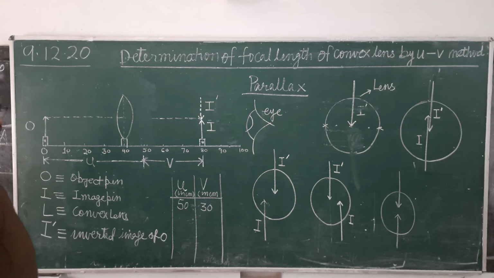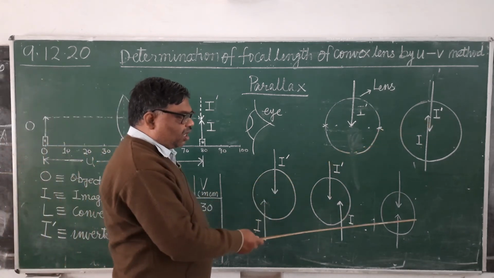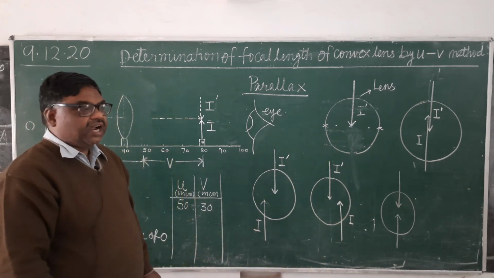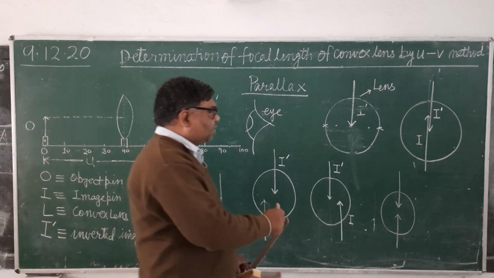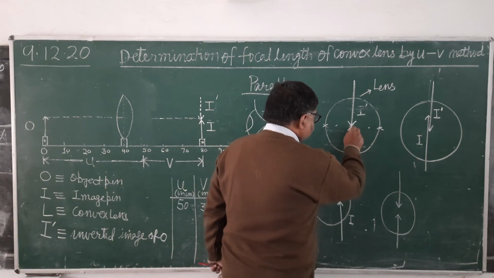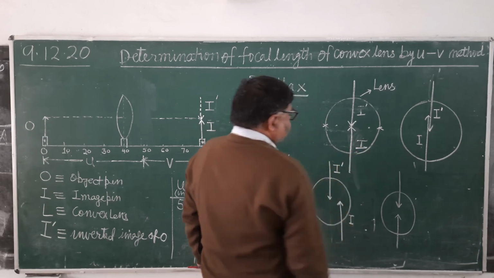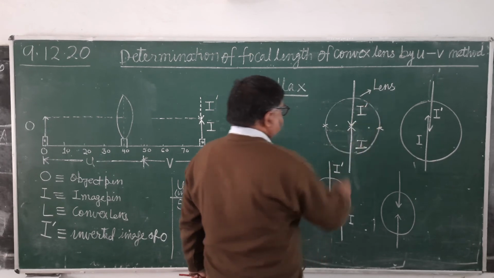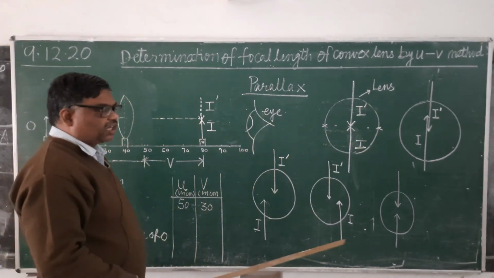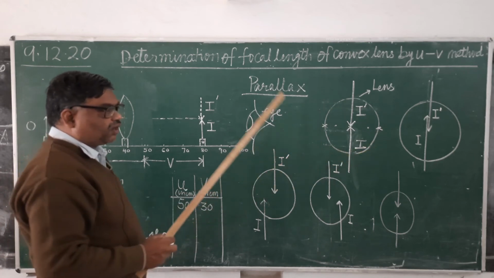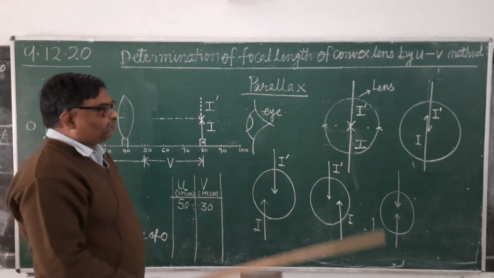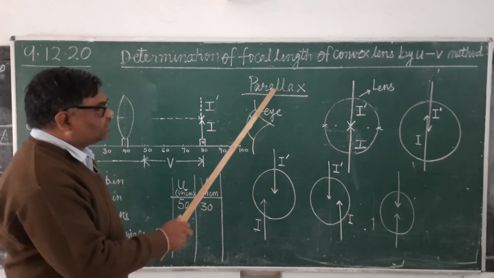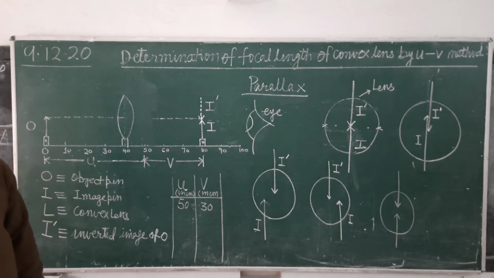It's clear? If their heights are overlapping, or if their tips are separated, you will adjust the height and bring them in tip to tip contact. Tip to tip contact means this way. It's clear? Now you will find that as you shift your line of sight, at some different point of the field of view of the lens, once again these tips will be separated. It means there is parallax. We have to remove the parallax.